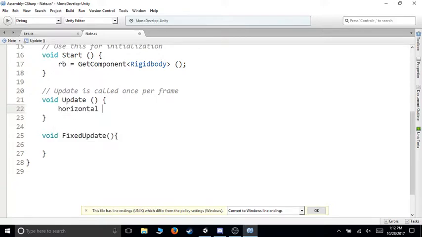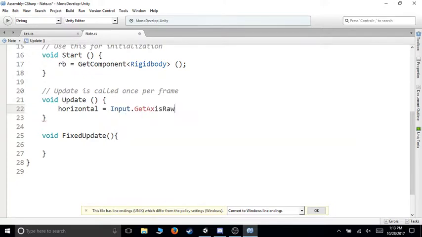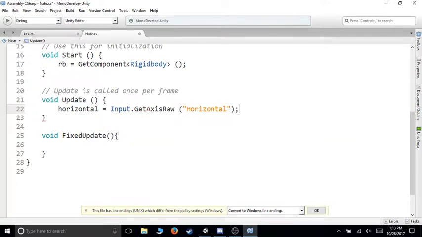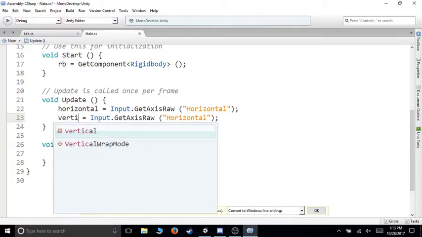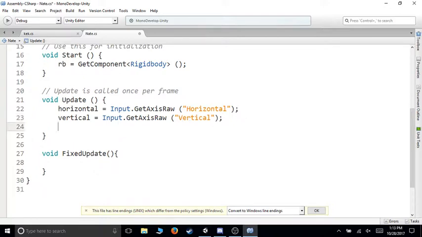So horizontal equal to Input.GetAxisRaw, Horizontal. I'm going to get those 2 values, and then I'm also going to get